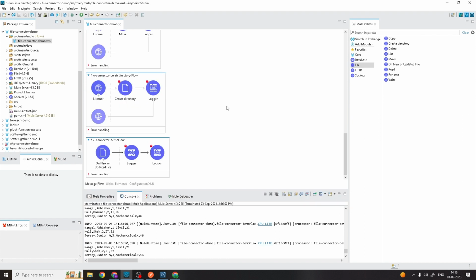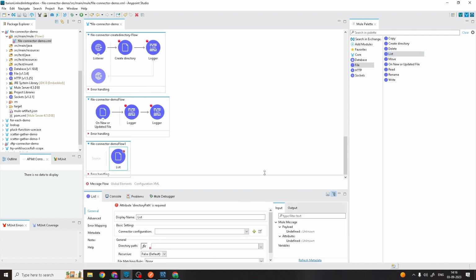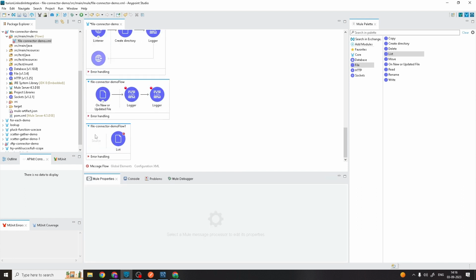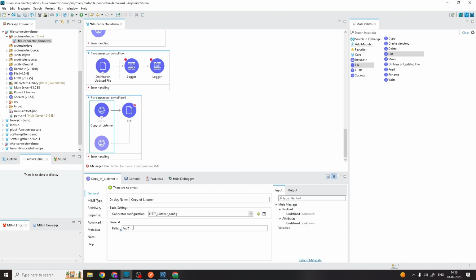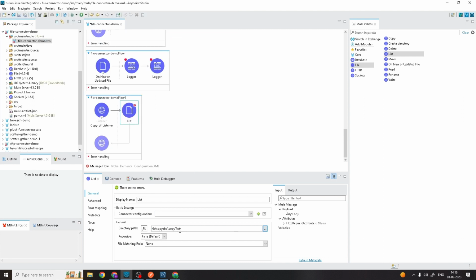Okay, so there is one last operation which is left now, which is list. How you can list all the files which are present in a particular directory. So guys, let me show you that operation also. So this time the endpoint name is uc10. Okay, so we need to configure that directory name from where we want to list all those file names. So I've given this directory name because in this directory we have 4 files. Okay, so I will save it,